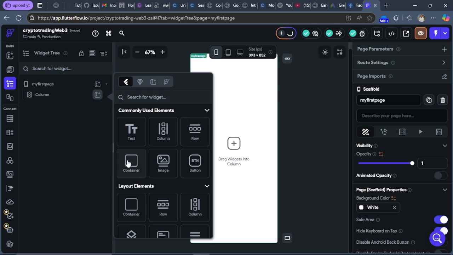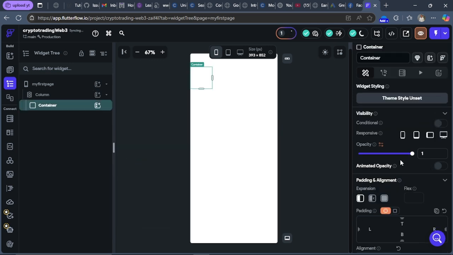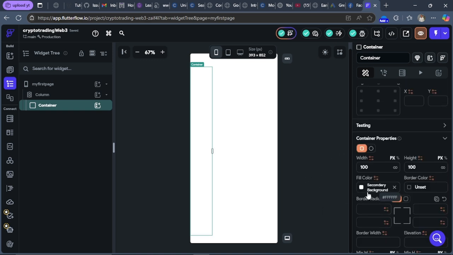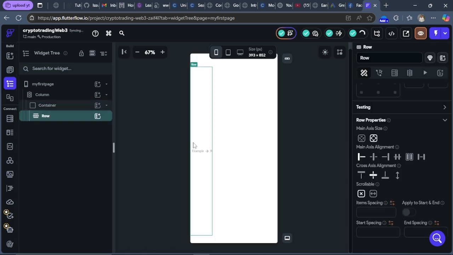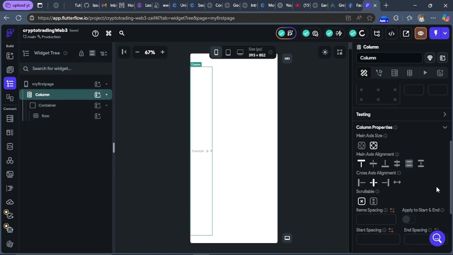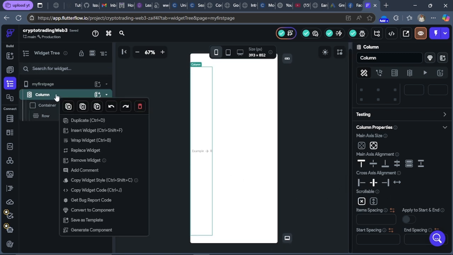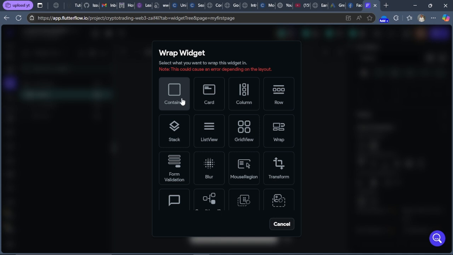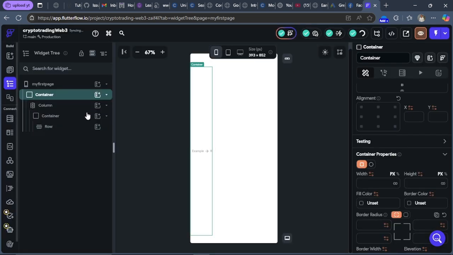You can insert a container, then you can make it expandable across the application. Then you can insert a row. Let's put a row inside. Okay, why is it not expanding? Let me wrap this also inside. All right,